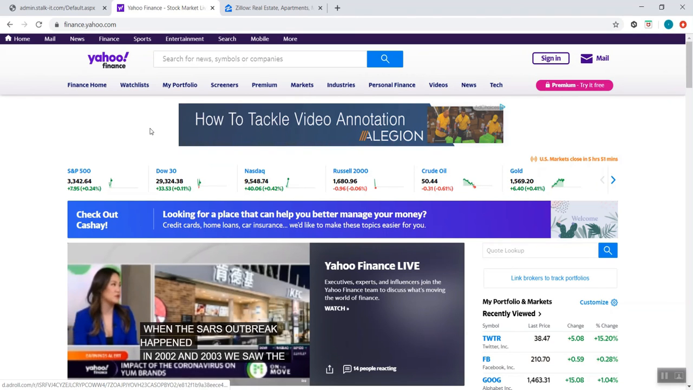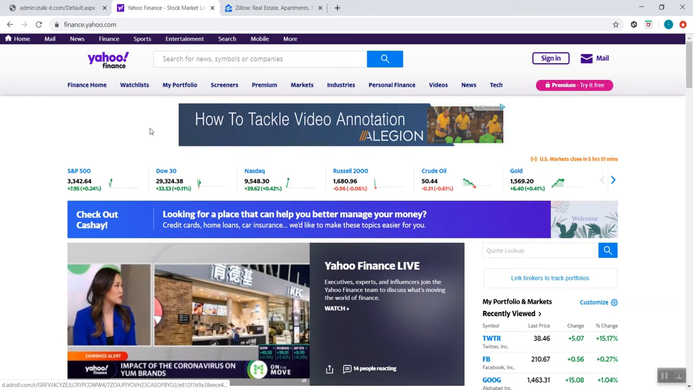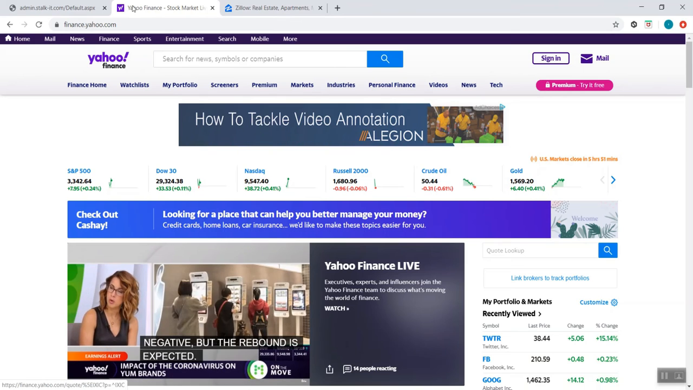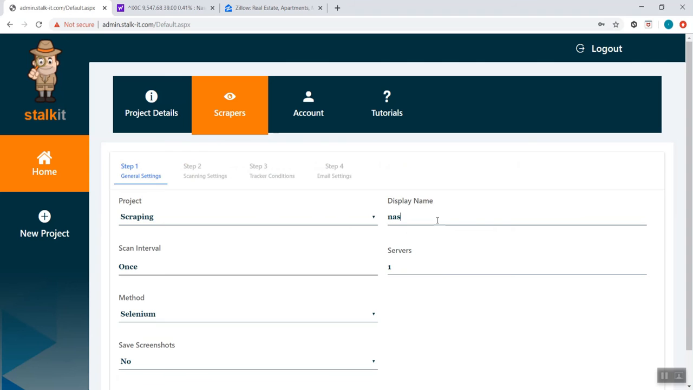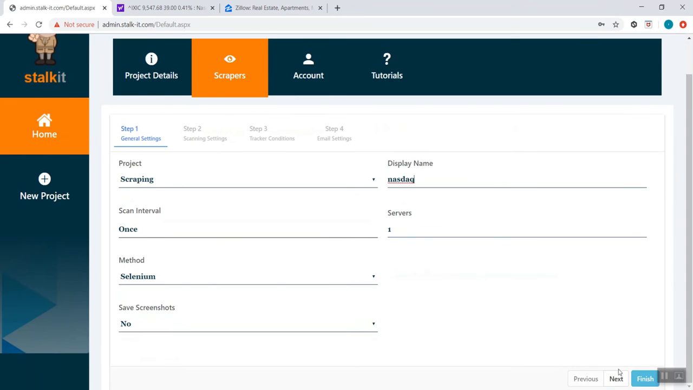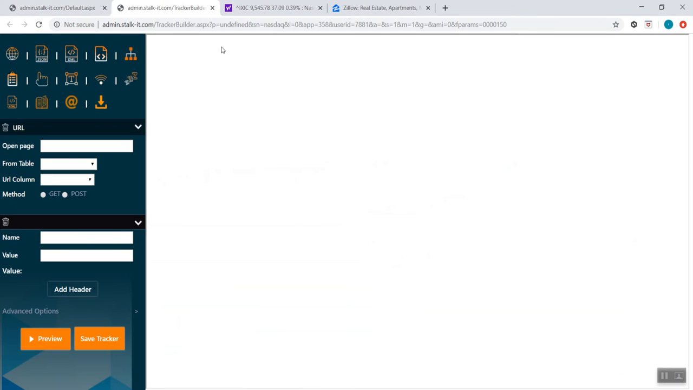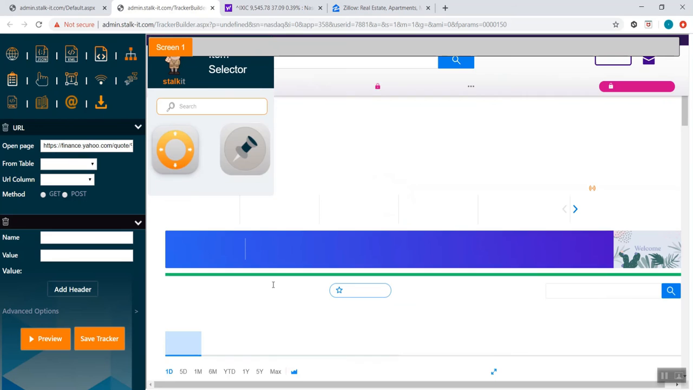It makes the scraper run faster, not needing to wait till the page loads, and reduces the chances of getting detected to 0. Let's scrape the NASDAQ price quote as an example. I'll create the new scraper and set everything the same as I always do. I don't need to schedule it because the scraper will run only twice, but will continue its process until I